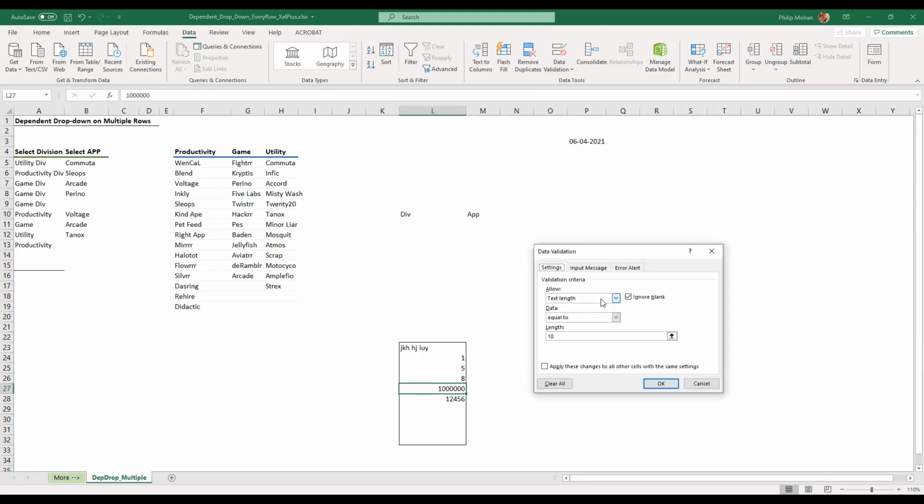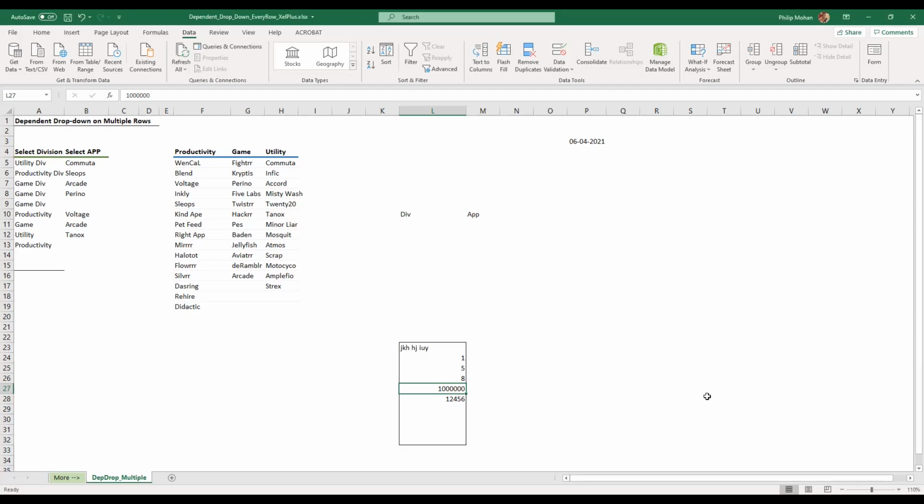Okay. We've got text length. Custom, I'm not sure. We could look up custom later. I'm not really sure what that is. Let me see what happens to custom. Nothing. Doesn't say anything. Okay. Custom is a formula. Maybe you can apply formulas. Let me try it next week and come back to you all about custom. If it's useful, then it's good.